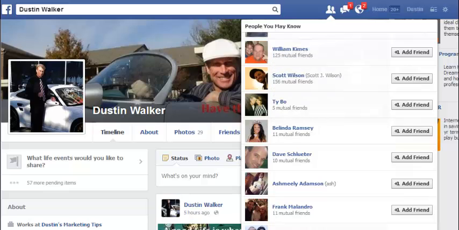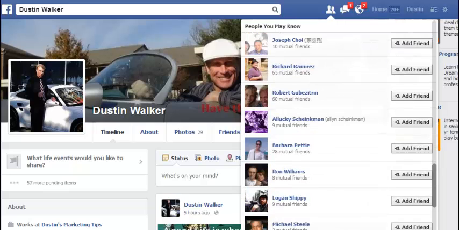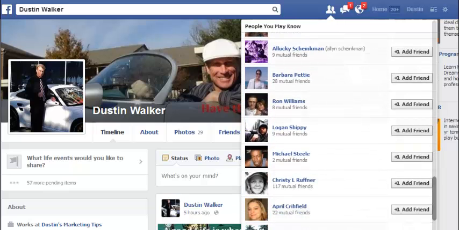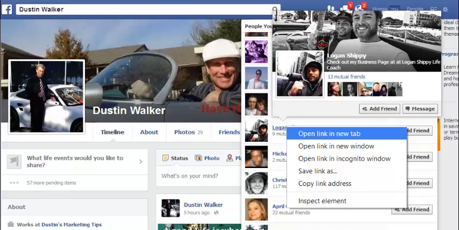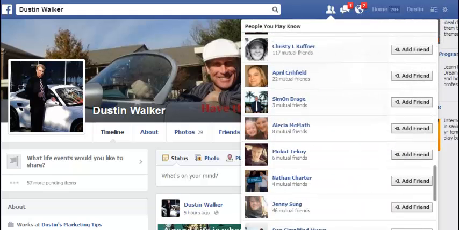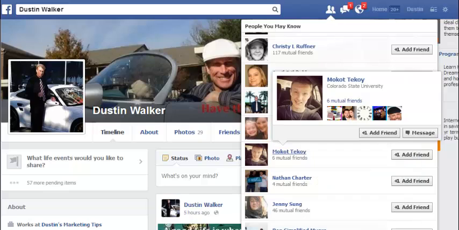We've opened this gentleman right here in a new tab, and we're going to open a few in a row, and you see it becomes very efficient this way. So we'll scroll down, and again, I'm looking for someone that I don't have a lot of the same friends with. So we can go right here. Hey, here we go. And I like the guy's name, Logan Shippey. That's really cool. Only 9 mutual friends. I'm going to hover over the person's name. Remember, right-click on it, and then open the link in a new tab. And we'll get one more. Here's a person with only 6 mutual friends. Hover over the name. Right-click, open in a new tab.